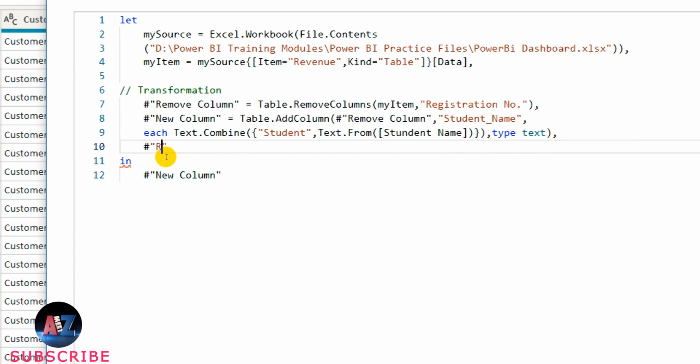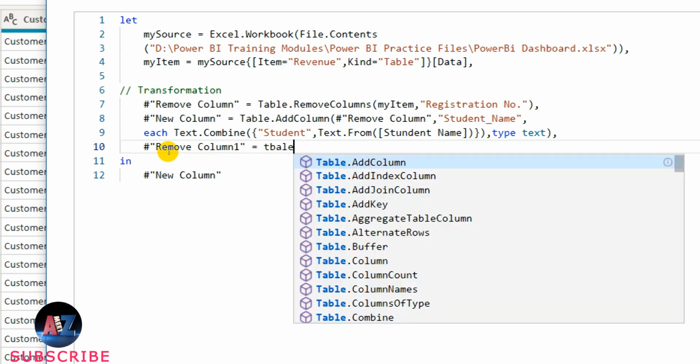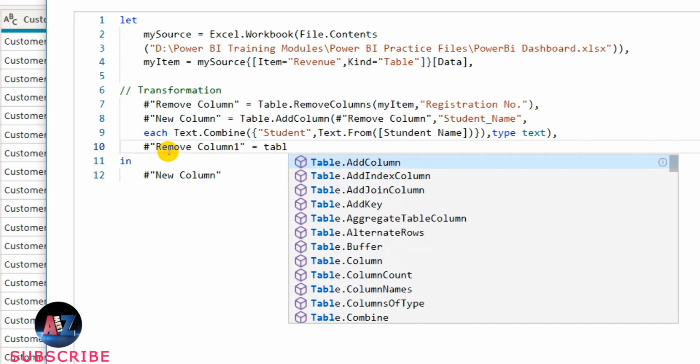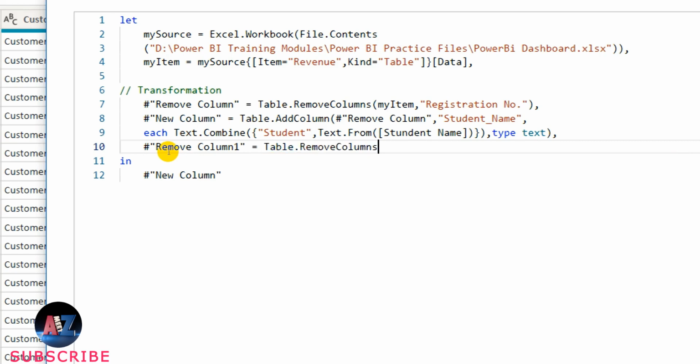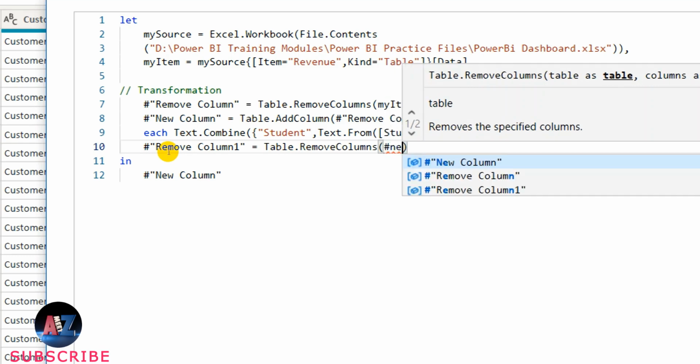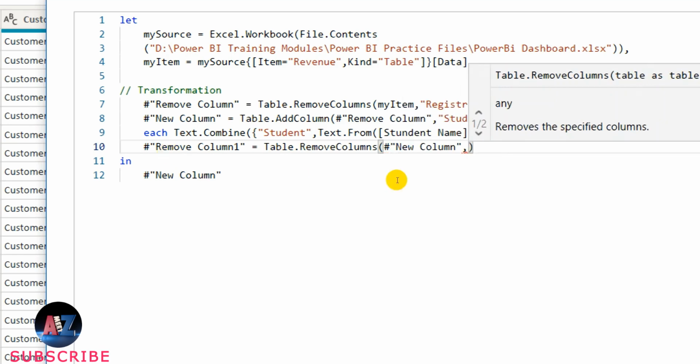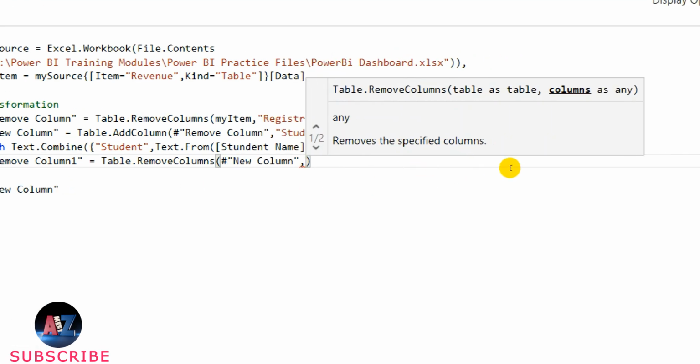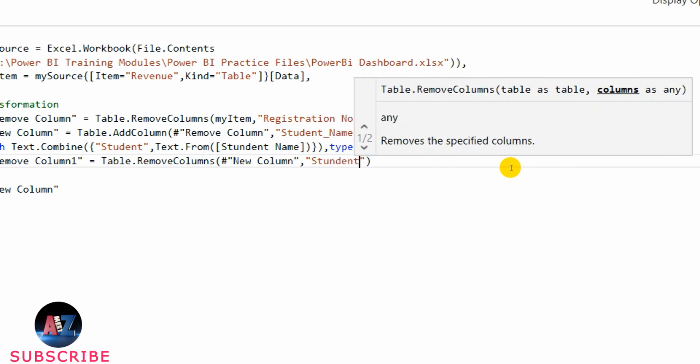Now the name, first hash and then remove this column, remove column 1, and then equal Table.RemoveColumns. The column, now here it is not table, it has to be the previous step, that is new column, comma, and then give the column name, that is student name.